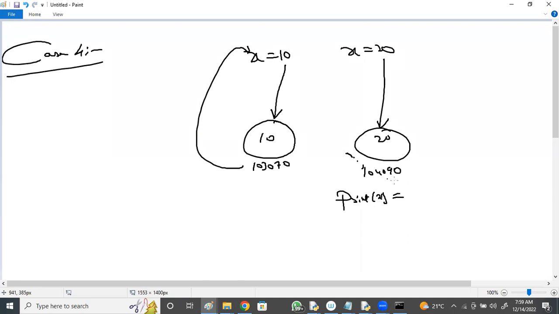Yes, whatever the latest value will be printed. Print id of x means the latest, 104090. That is fine. But is there any possibility of printing the previous object value 10? What happens to the previous object?